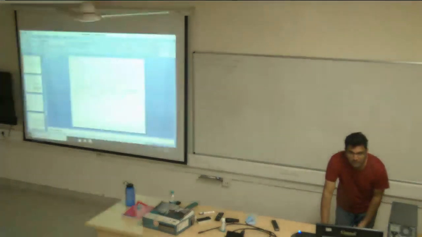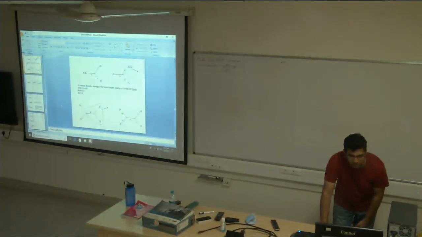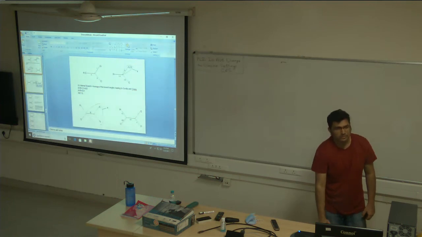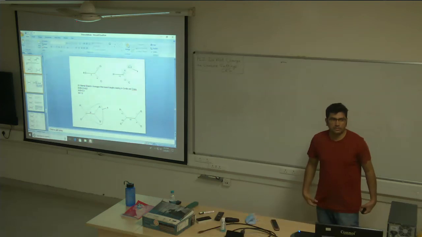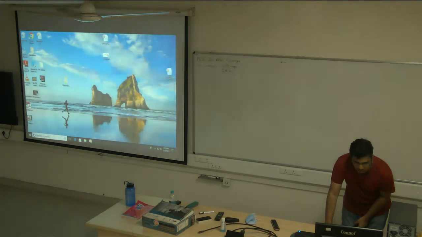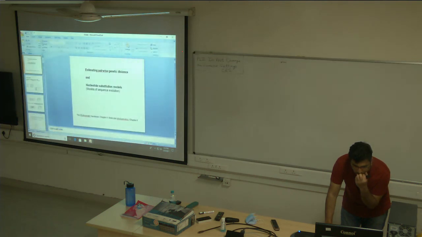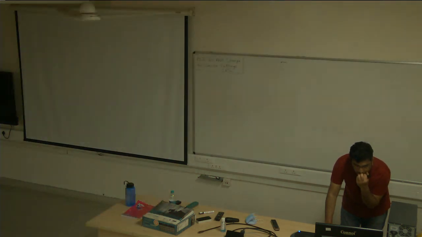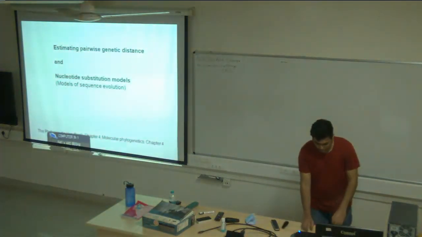I just wanted to quickly add that what you're seeing here is a progression of how tree building methods kept improving. We started with UPGMA. Serious problems with that because it assumes a molecular clock. So then they said, okay, neighbor joining, it corrects for rate variation. You get an additive tree, a much better tree building method, and it's actually quite a decent method. So as Kunal pointed out, if you have a large data